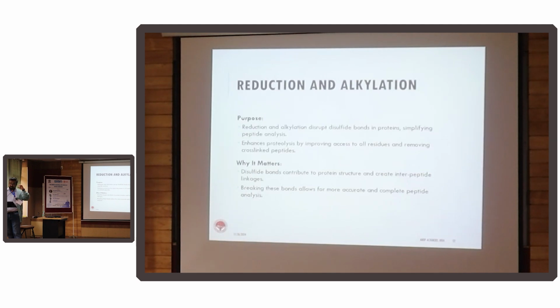Before you go for digestion, you have to go for reduction and alkylation. So the point is, when you are going to digest with trypsin, go back to that slide when we were discussing trypsin. One of the big challenges is that proteins are in their normal form, not in a straight line, right? They're all jumbled up, and the reason for these native conformations, even after chaotropes, are the secondary structures formed due to disulfide bonds. Now you have to break these bonds, and these bonds are very